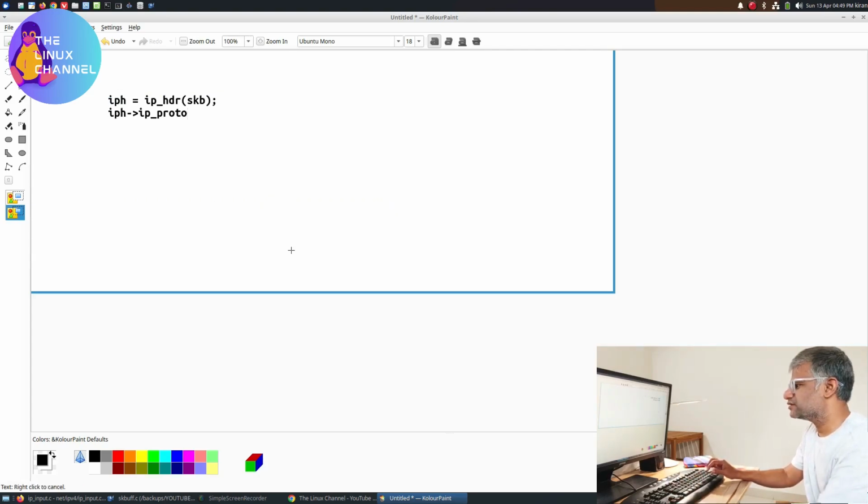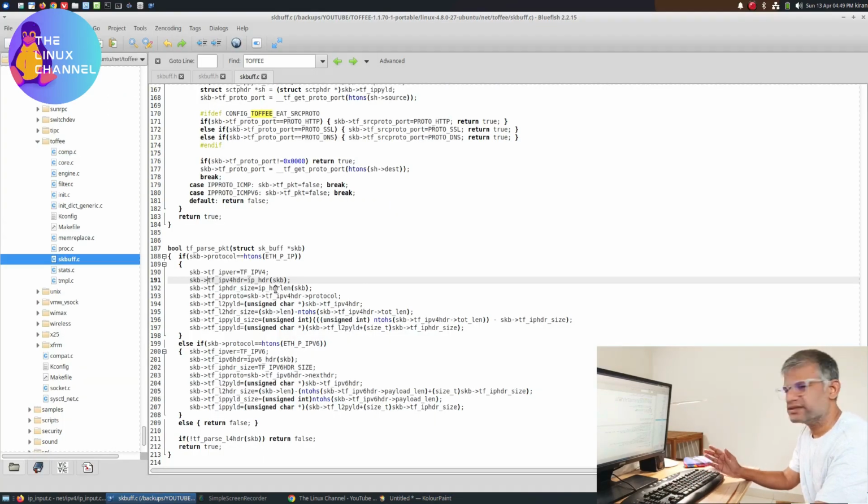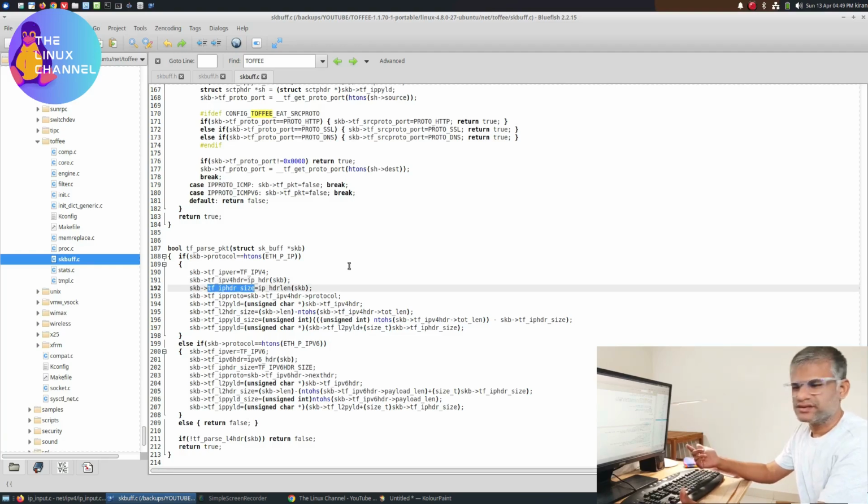So what I'm doing is I'm keeping those things in dedicated variables so that I can dereference like this, SKB of toffee IP header size, which instantly gives me what is the total IP header size,